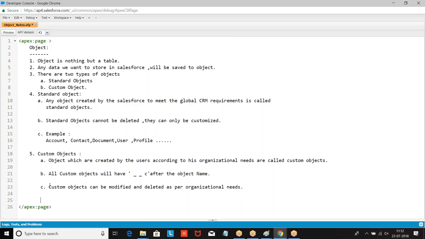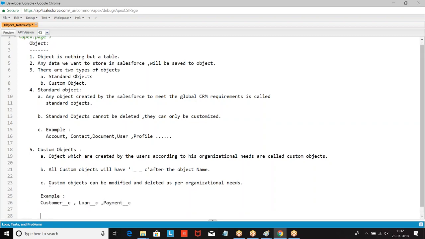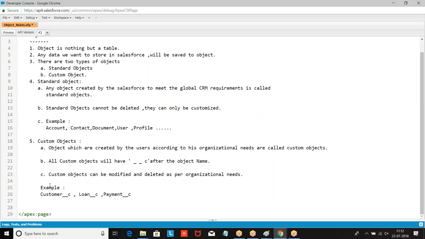So we have standard objects and custom objects. Example, Customer__c, Loan__c. Objects will fall under the model part of MVC.